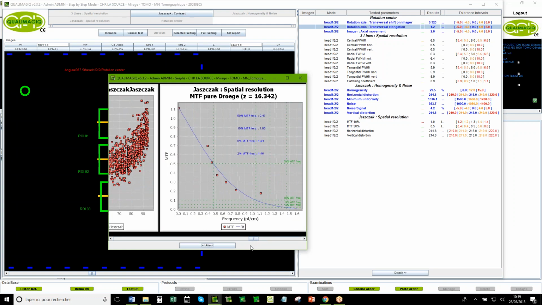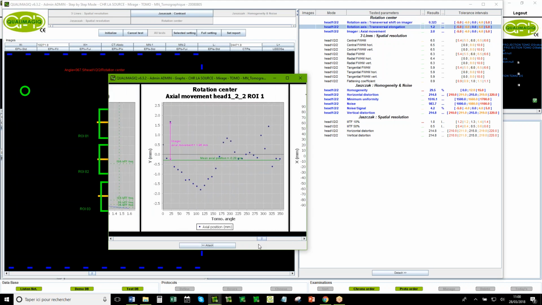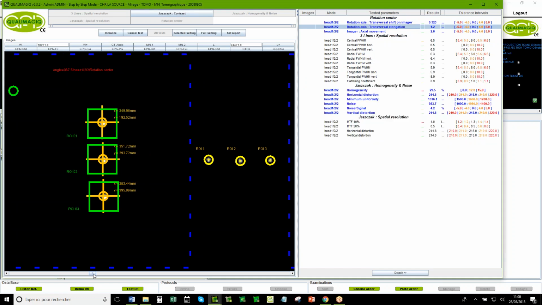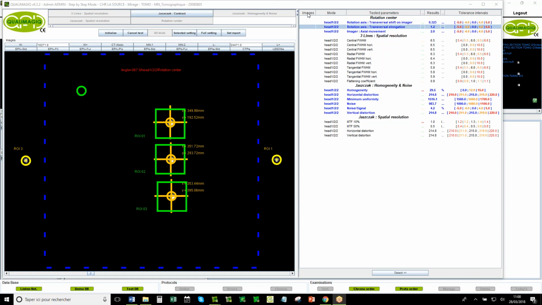Maybe you have an idea, Mr. Bindoni, about the axial. I'm sorry, I didn't understand the question. We evaluate the quality of the rotation in the transversal orientation. So transversal is orthogonal to the rotation axis. So it's very easy. Now I know. Excuse me. I can explain more.